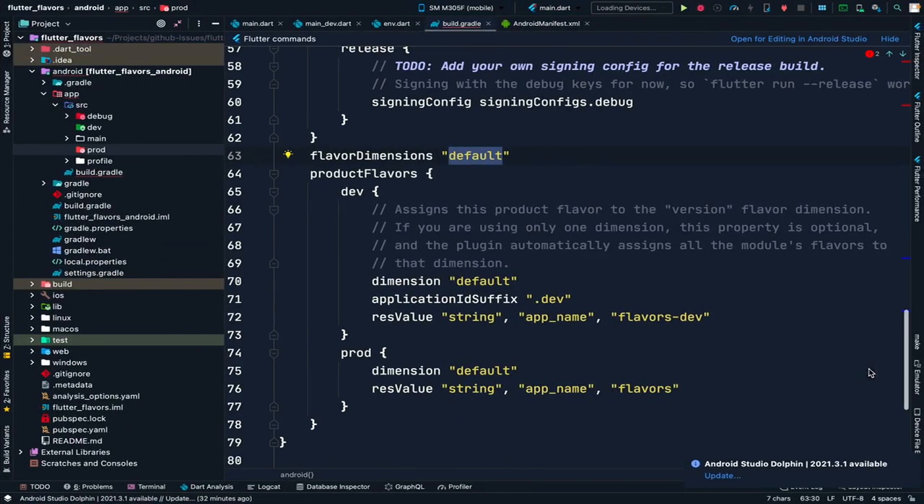This is a very basic video, and I've just told you how product flavors are set up and how you can use them to separate out your native code and native configurations using these two folders. You can even create separate Android manifest files for these two folders, and it will automatically pick up whichever flavor is built. Thank you. See you in the next video, where I will discuss the configuration similarly for the